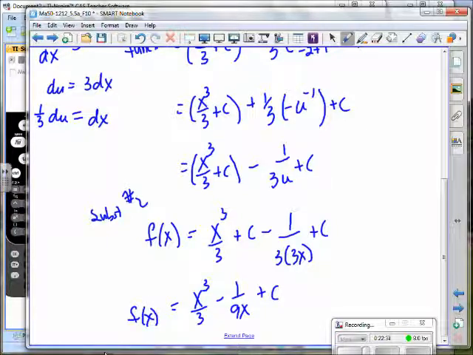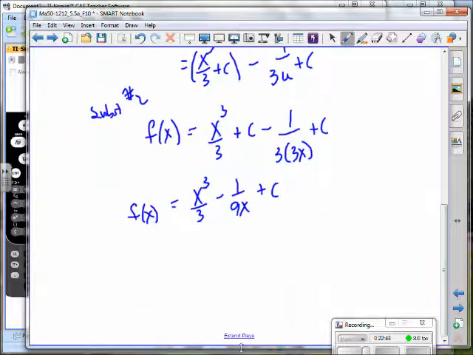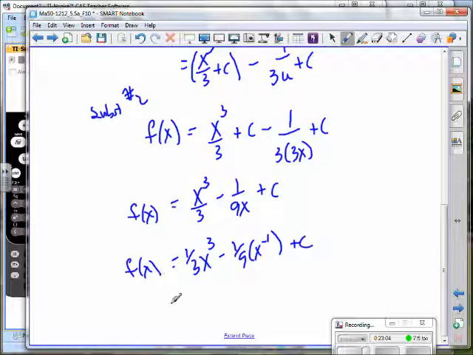How will you check it? Take the derivative. I want you to realize that if you take the derivative of this, you should get back to that integrand. Let's see, if this is 1/3 x cubed minus 1/9 x to the negative 1 plus c, if I take the derivative,